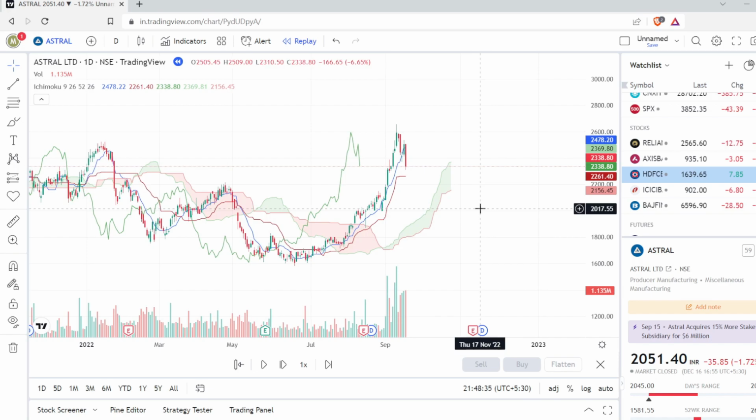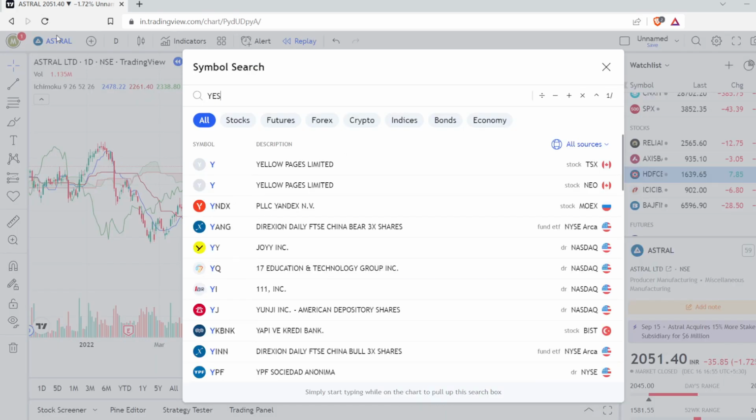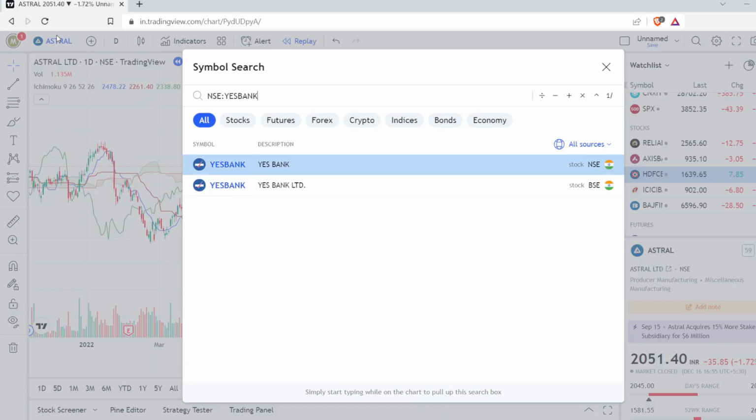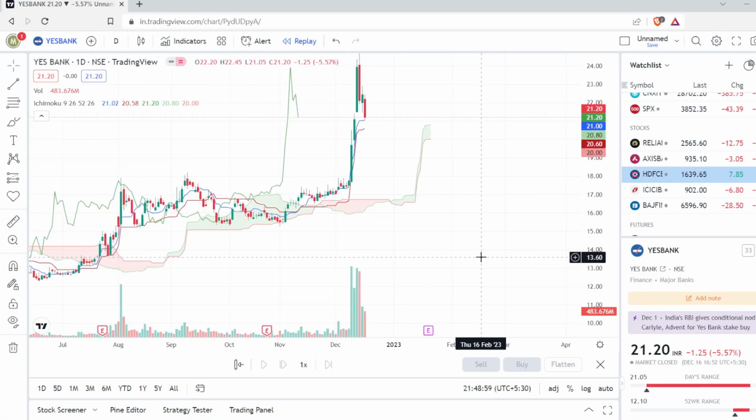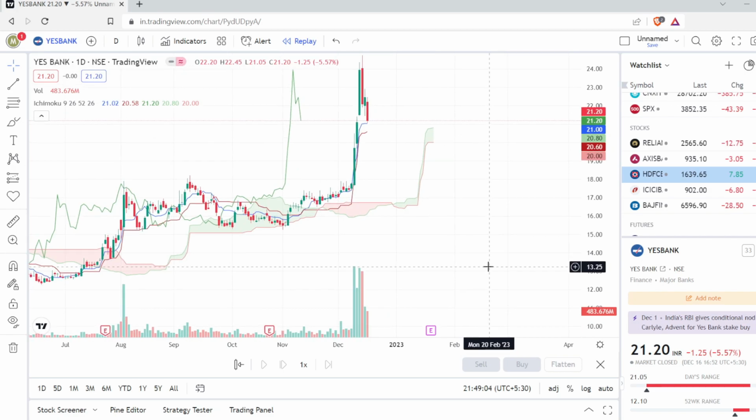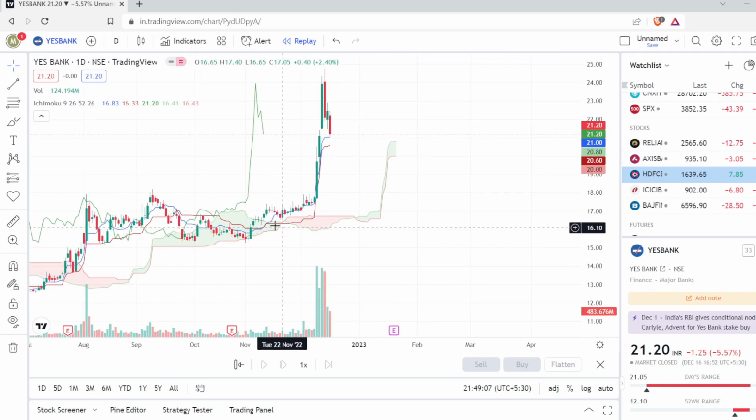And for a stock like Astral, it is a good stock. It has great volumes, and yet it gave a massive run up. A very recent trade was Yes Bank. As you must be knowing, Yes Bank gave a very good move. Many retail investors had bought Yes Bank at 14, 15 and waited for a long time and maybe even frustratedly exited. But if you had followed the Ichimoku system, you would have bought it here on